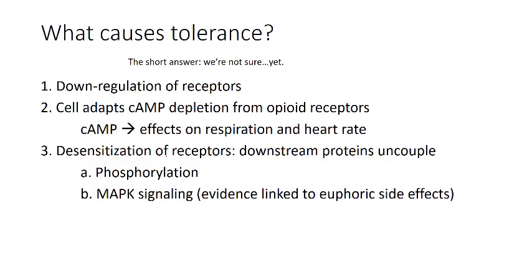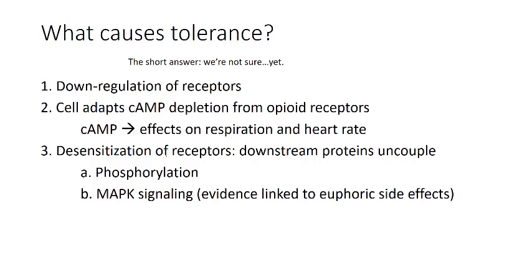Another factor has to deal with cyclic AMP concentrations. Although our cells are decidedly not at equilibrium, they like to stay at the steady state, or keep the concentration of each molecule relatively constant over time, especially if that molecule is needed by other pathways. So if the opioid binds to the receptor and leads to a chronically depressed or decreased concentration of cyclic AMP, the body will come up with coping mechanisms to compensate and increase the concentration of cyclic AMP back to normal